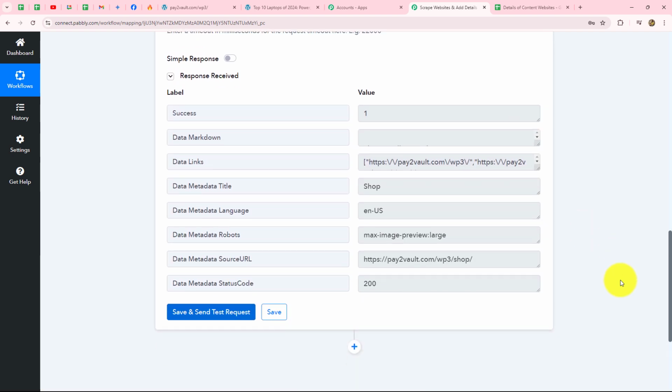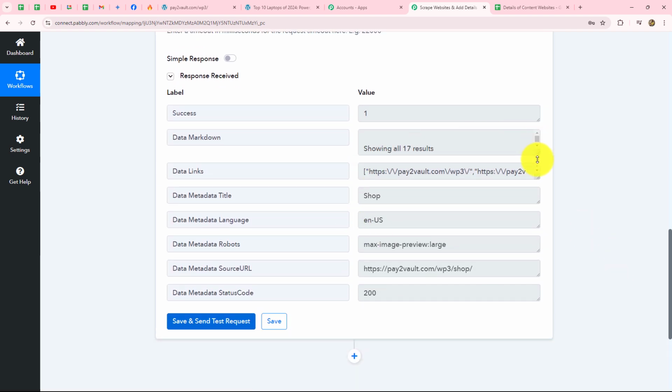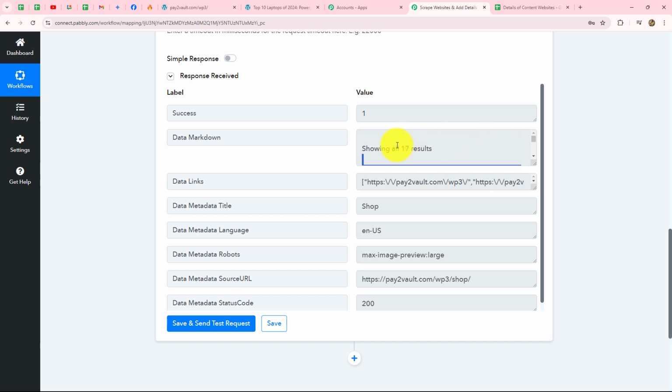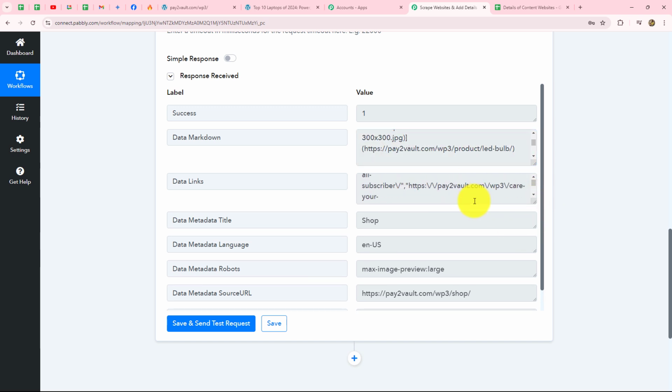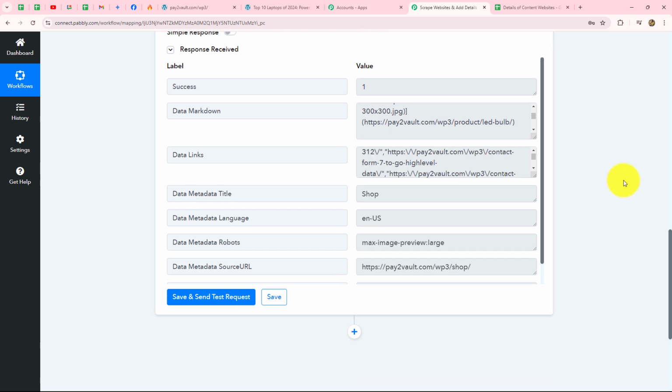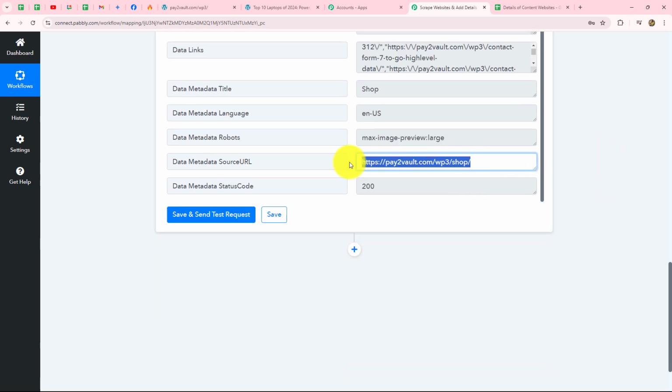Over here, we have received the details. In this response, first of all, we have the markdown text. We have 17 results, as you can see. 17 blogs were posted on that website, of which we have entered the link. So we have received the markdown text for all of them. Then here we have the links of all these blogs as well, as you can see. Okay, apart from this, here we have the source URL, through which website, through which source we have received this